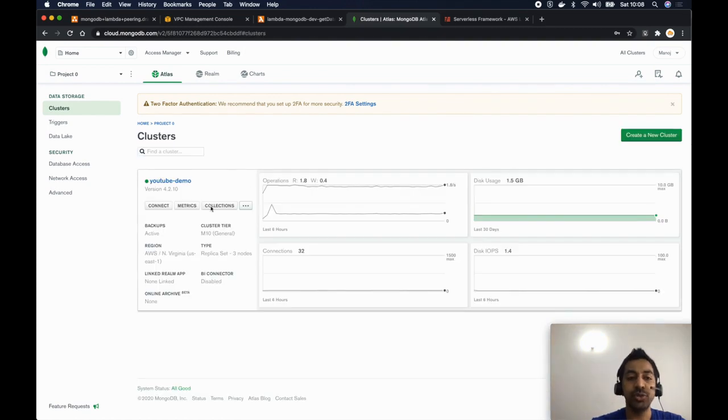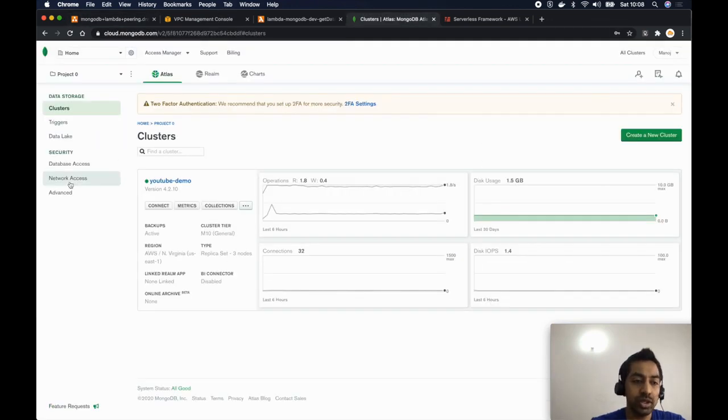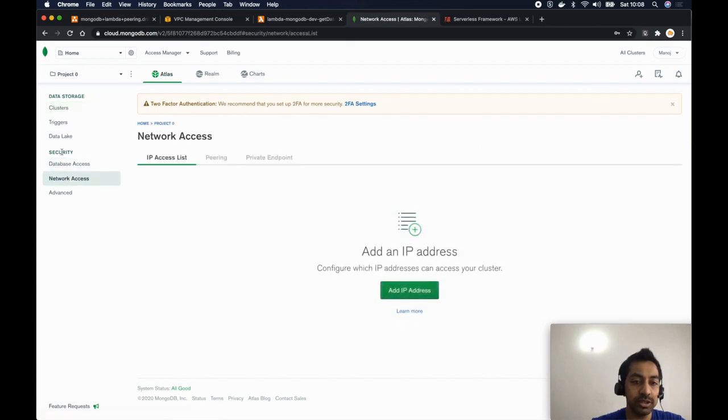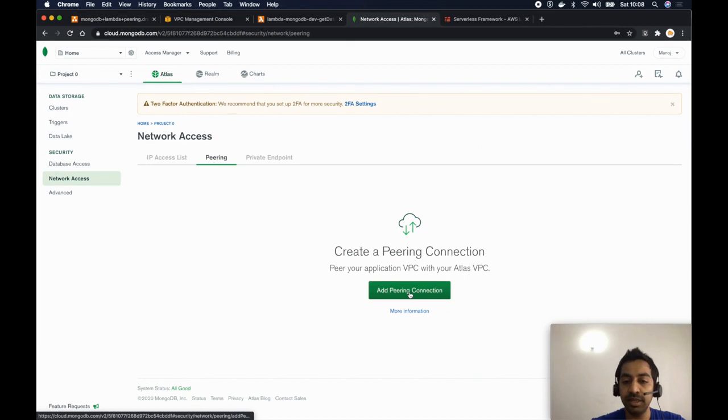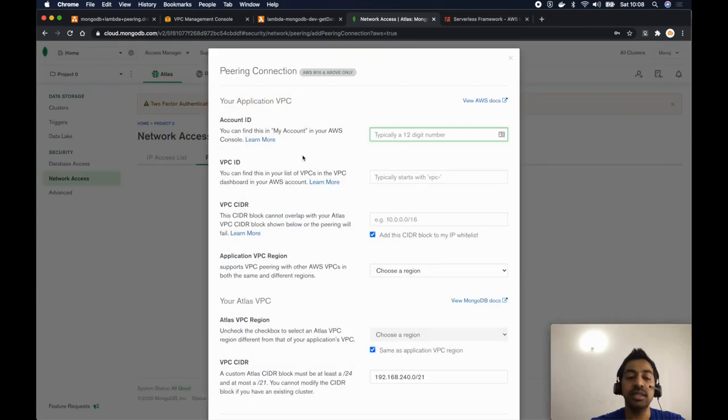Now first, let's create the VPC peering connection between the cluster VPC and our AWS VPC. So I will go to Network Access under the Security section, and I will select the tab Peering. Then there's a button Add Peering Connection. Click on that. So I have to choose the provider, which is AWS. Click Next. Then I have to add the account ID.